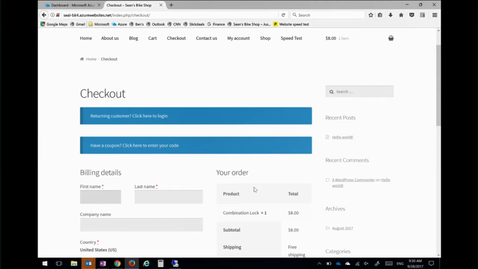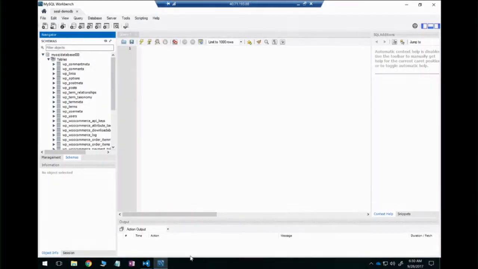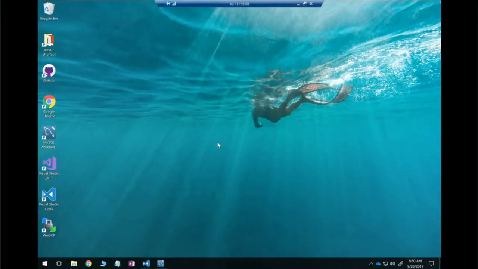I do have one more step to finish my migration, though. So what I've done here is, number one, I've deployed the bits to my new web app application on Azure. Number two, I have migrated my database over. However, at this point, my web app is still talking to the old database that is on-premise. So what I need to do, as a final step, is to update my database connection on my new web app. And to do that, let me head back to my dev box